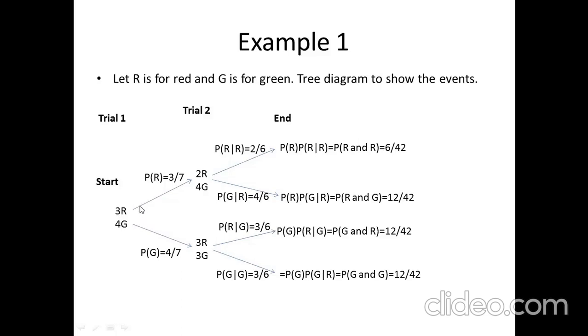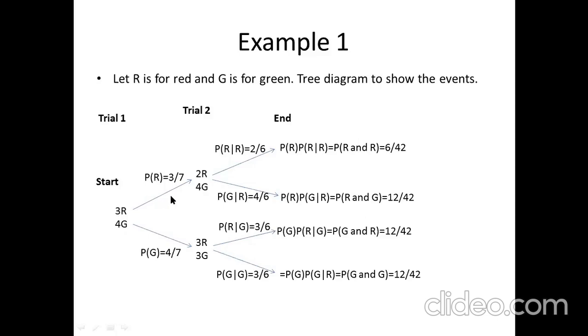But we must know that they both are mutually exclusive. That is, either of them would occur, either a red or a green. So they are shown by the parallel branches of the probability tree diagram. This completes our trial 1. Now, at the start of trial 2, we are remaining with 6 balls. Initially we had 7 balls, which was the count at the start of trial 1, but now we are remaining with 6 balls.